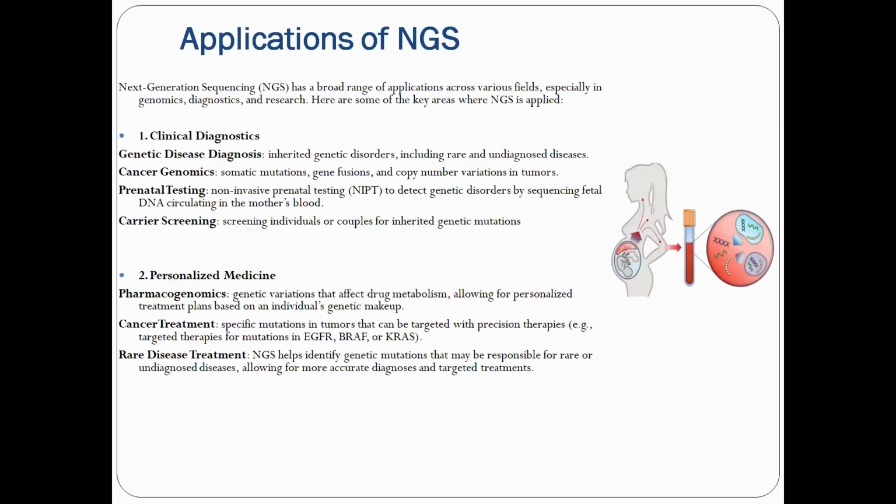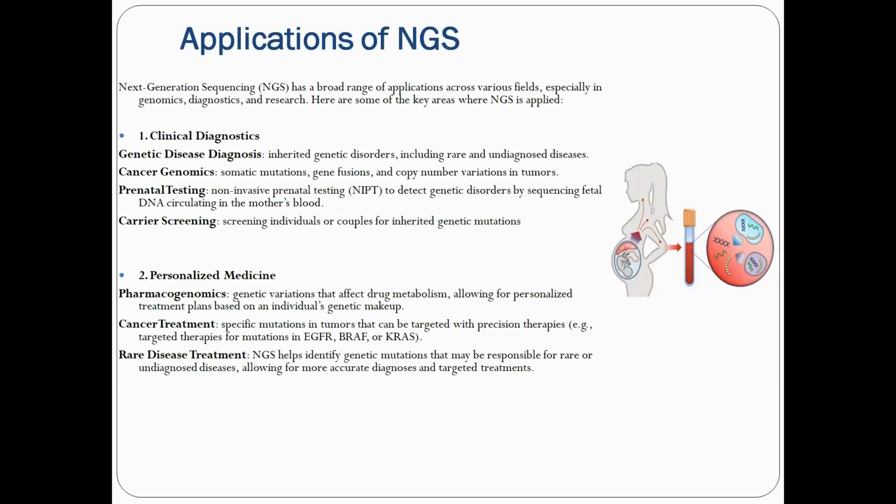So if we look at the application of NGS in more detail, we see that it has a broad range of applications across various fields like genomics, diagnostics, and research. In clinical diagnostics, NGS is able to provide answers to many inherited genetic disorders like rare and undiagnosed diseases. There are still a few remote communities which are affected by some kind of genetic disease, but they are not aware of it. And if there is a particular research group working on it, they can decipher the exact mutation which is affecting